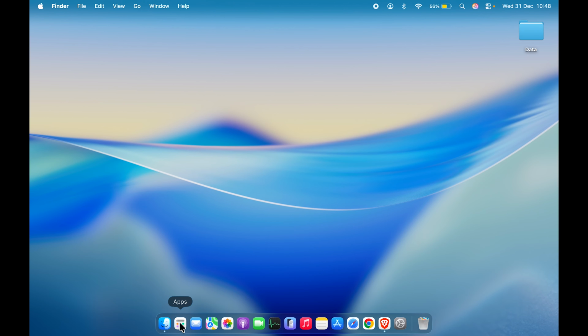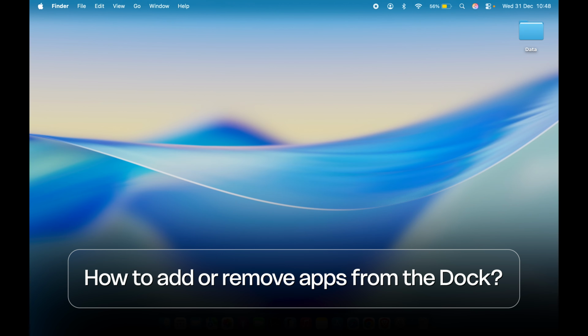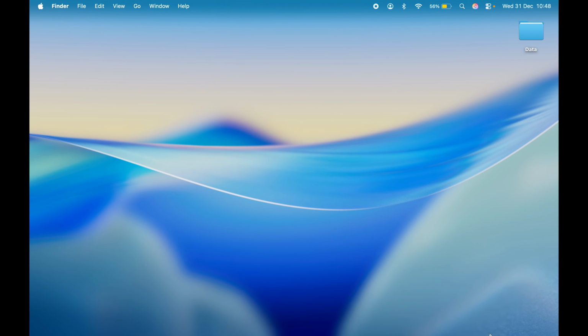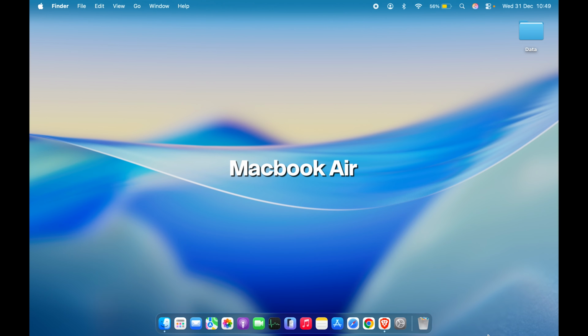In this video, I'm going to show you how to add or remove apps from dock in your Mac. It doesn't matter if you're using MacBook Air, MacBook Pro, iMac or Mac Mini, the steps are going to be